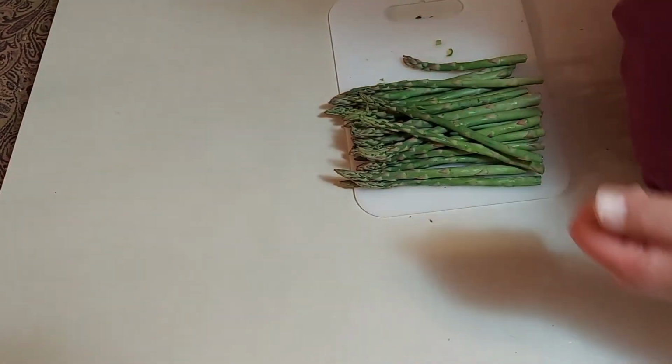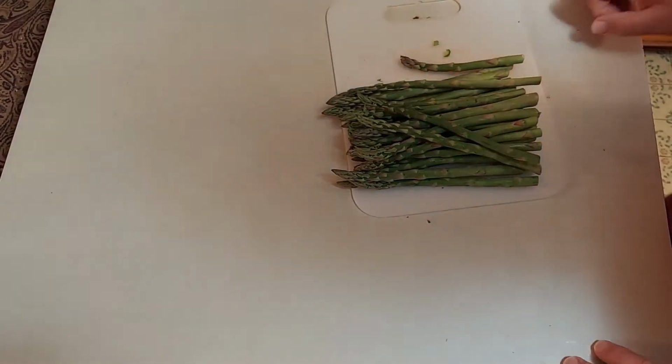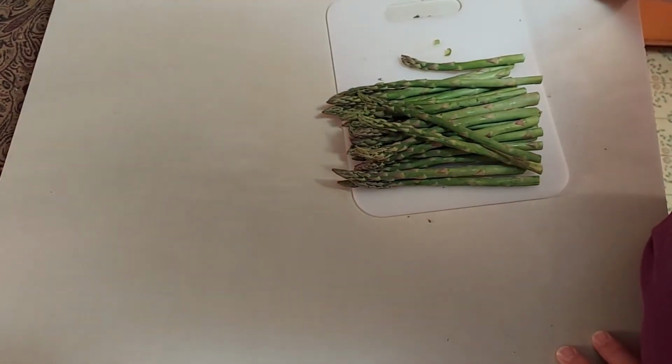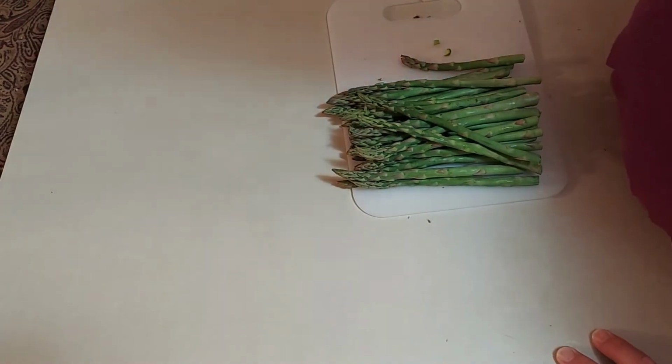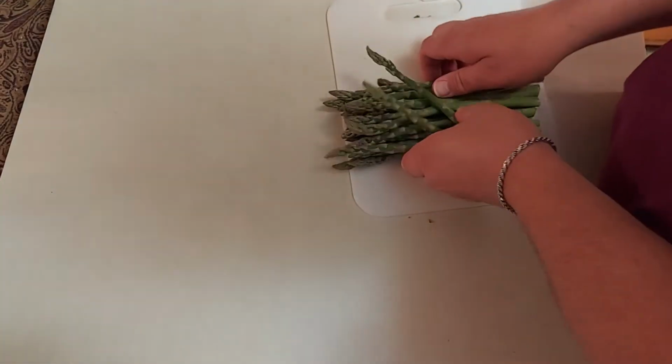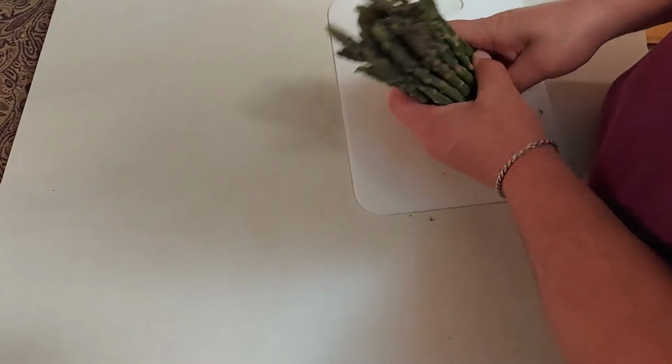And if you don't want to use them for soup, you can always add them to your compost pile for your garden. That's an excellent use for these, because they will break down like any other plant and help build up your compost. So now that we've got our asparagus all ready to go on our grill,